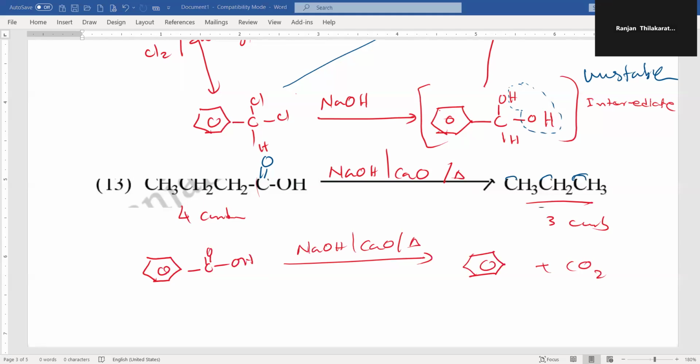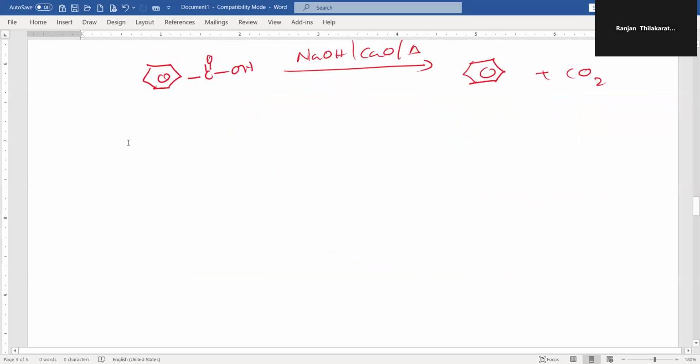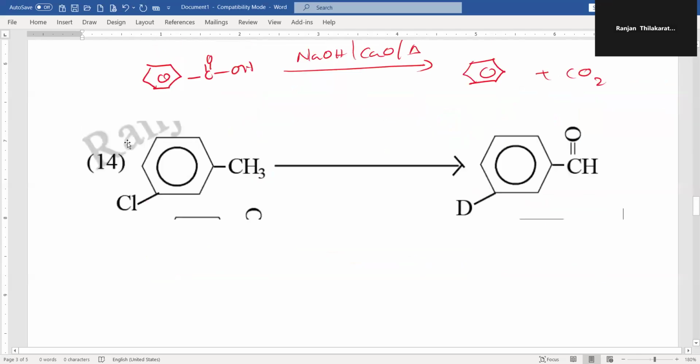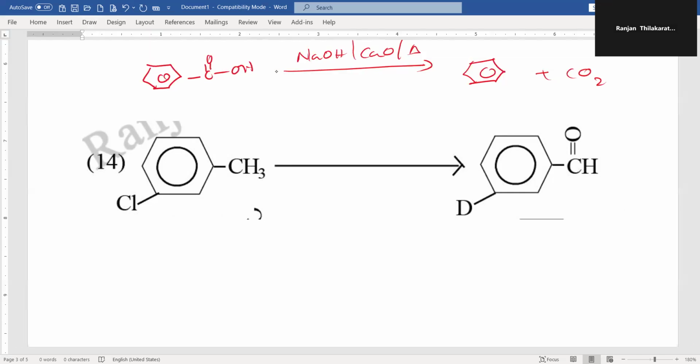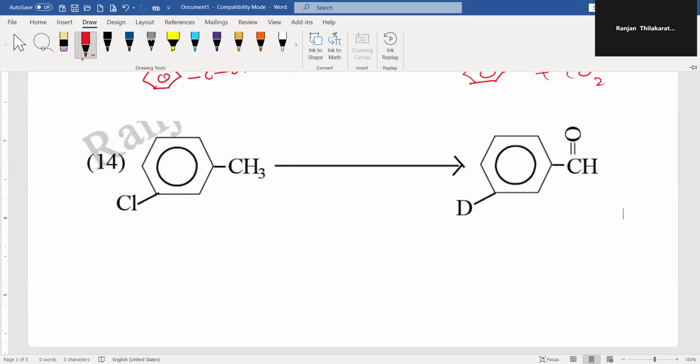Then the 14th one, you can see that in your note, I have done this question in the same way. So this is another special reaction, means when you have to protect functional groups or something like that, then you have to first protect one, because